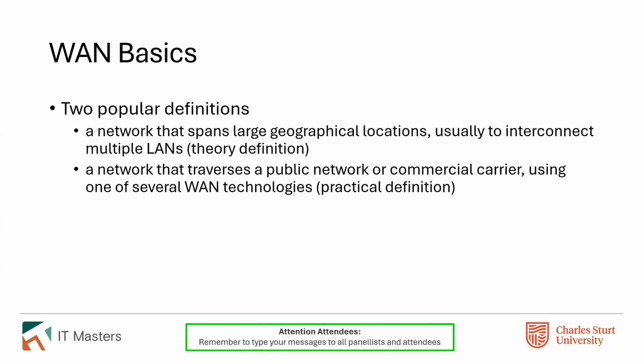The other, probably more practical definition, though, is essentially one that means that you don't actually own the network that connects your two LANs together. So we might call that a managed WAN, for example. So instead of owning the dark fiber connection between Bathurst and Wagga Wagga, you might lease a connection from Telstra or ARNet or another internet service provider, and essentially use that as if it was a part of your network. So that can be called a leased line, that can be called a managed WAN.